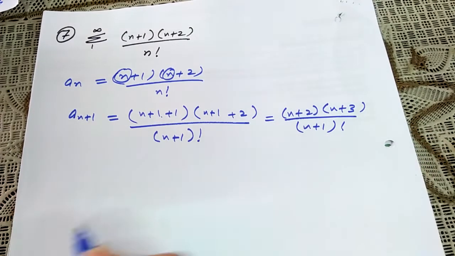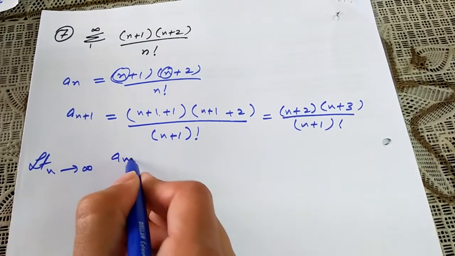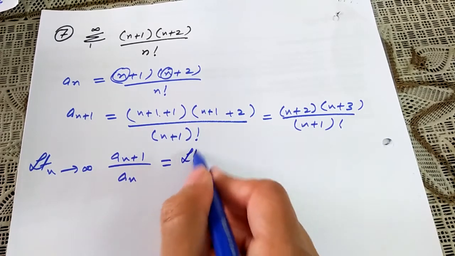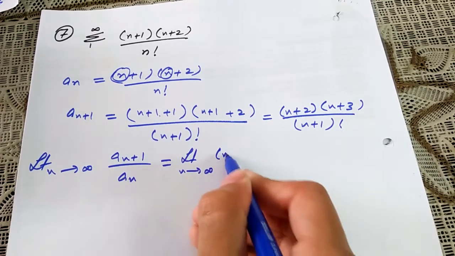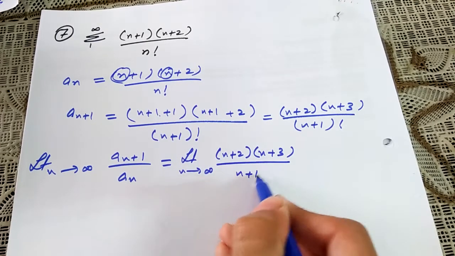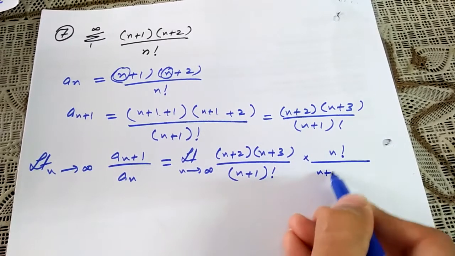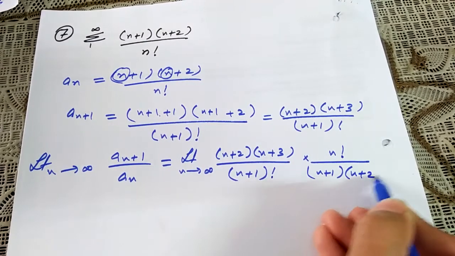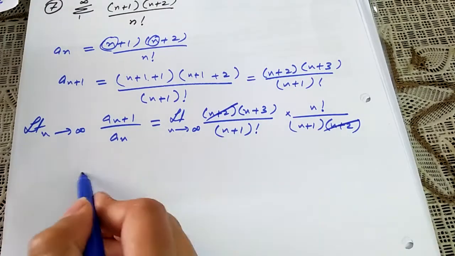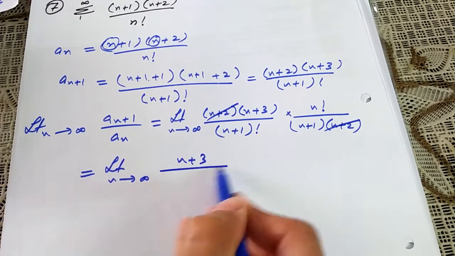Now using the ratio test, the limit as n approaches infinity of a_(n+1)/a_n gives the limit of (n+2)(n+3)/(n+1)! times n!/((n+1)(n+2)). The (n+2) and (n+2) cancel out, and we are left with the limit as n approaches infinity of (n+3) divided by